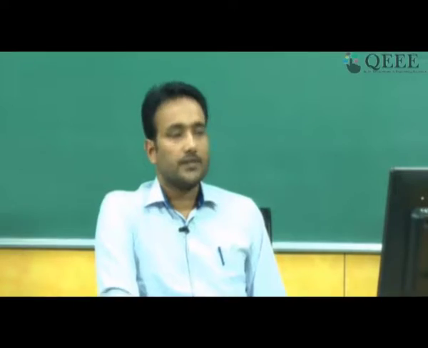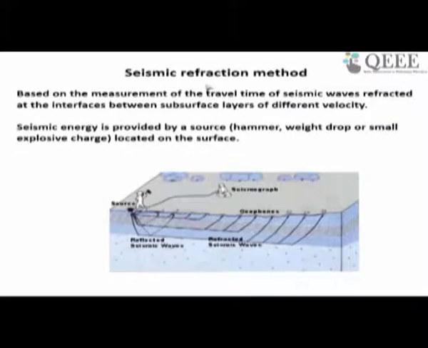So as you saw in these two methods of site characterization, these two geophysical techniques, we use either the electrical current or the seismic waves to characterize the ground. As different ground or different strata have different conductive characteristics or different resistivity, you can use that information to characterize the ground, or you have different seismic wave velocity in different ground. So that information can be used to characterize the ground.